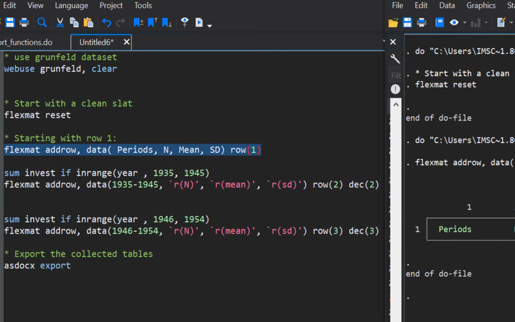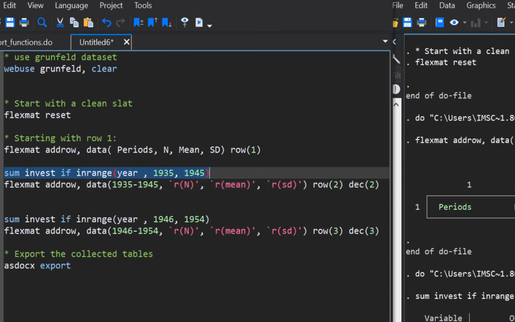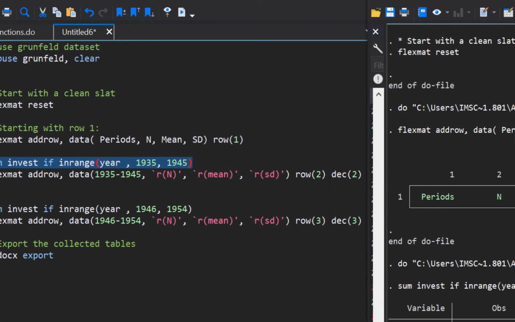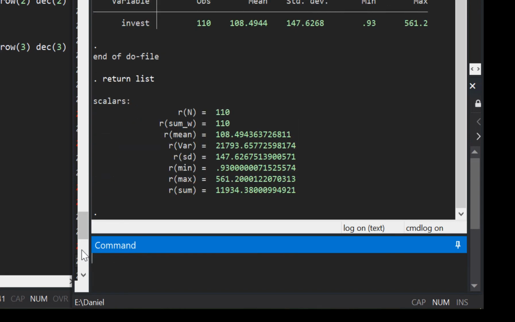Okay, now if we run this command, sum invest if in range 1935, we are creating summary statistics for the investment variable for these years. And when we run this command, and if I type return list, I can see that this command has left r(N) in the scalar.